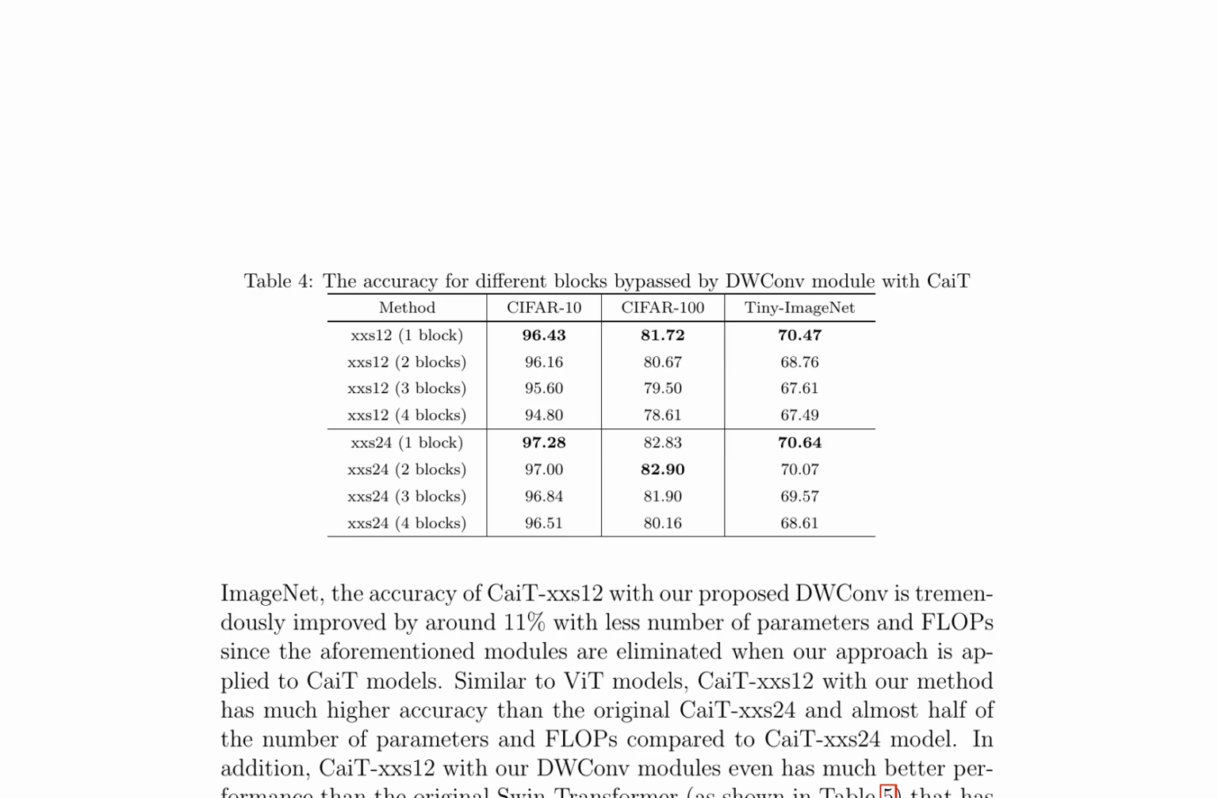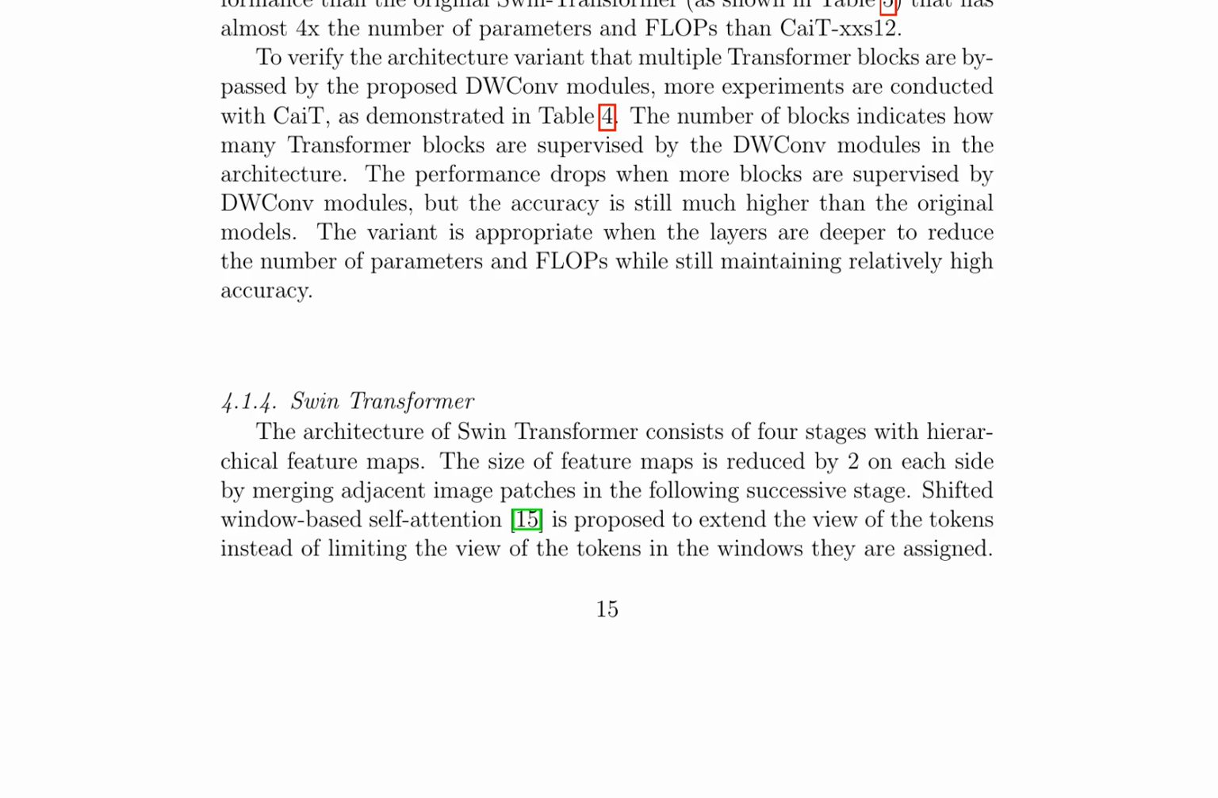Table 4 demonstrates the impact of bypassing different blocks in CaiT-XXS12 with DW-Conv modules. The results show that the accuracy drops when more blocks are bypassed by DW-Conv modules, but the accuracy remains higher than the original models. This variant is suitable for deeper layers to reduce parameters and FLOPs while maintaining relatively high accuracy. Notably, CaiT-XXS12 with DW-Conv modules achieves significantly improved accuracy on ImageNet, outperforming the original CaiT-XXS24 model with fewer